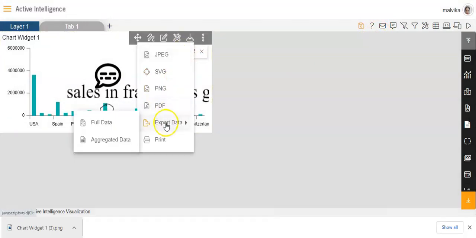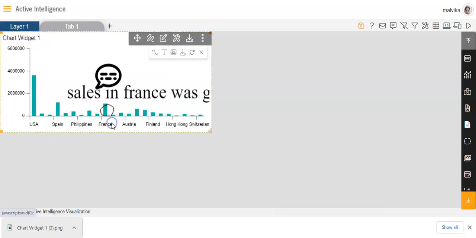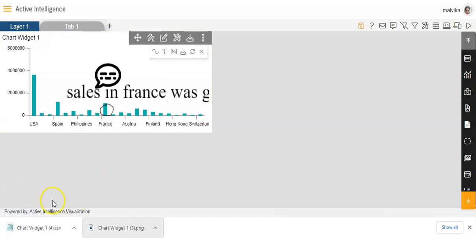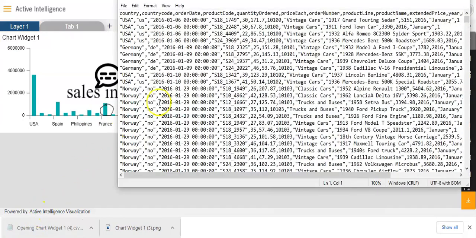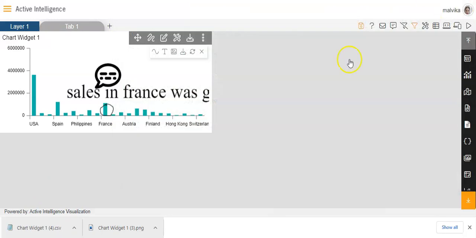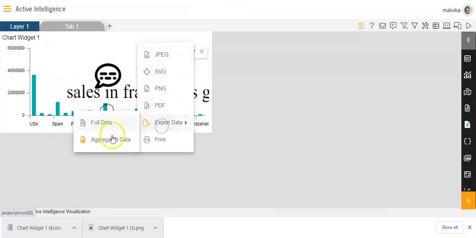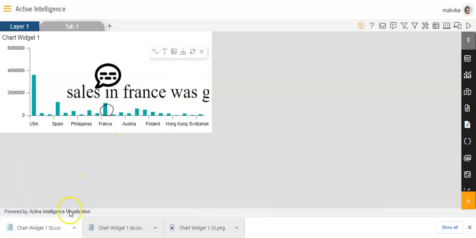Now in the download option, we also have export data. If I go to export data and click on full data, I'll be able to see the underlying data. Now I have downloaded the full data. If you want, you can also view it like this. So this is the complete full data. Or if you want, you can also see the aggregated data.